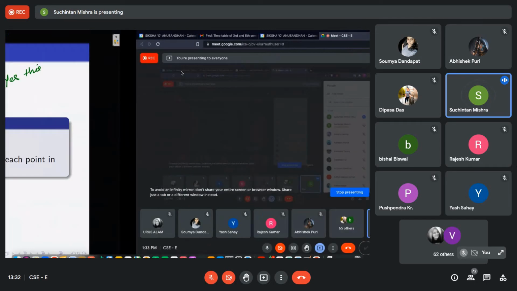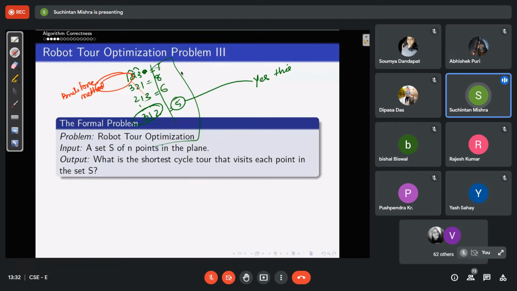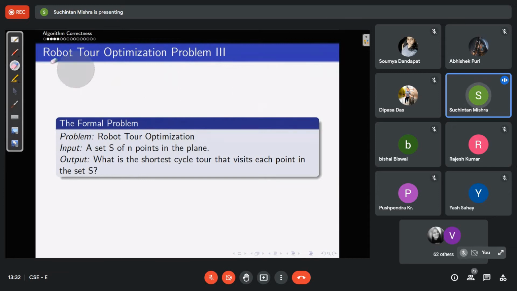Now, if I was just saying that, somebody might write down all the combinations of these points, or all the permutations: 1, 2, 3; 2, 1, 3; 2, 3, 1; 3, 1, 2, and so on. All the permutations, which are basically 3 factorial combinations, will be there. Now if I just go on increasing the value of n,